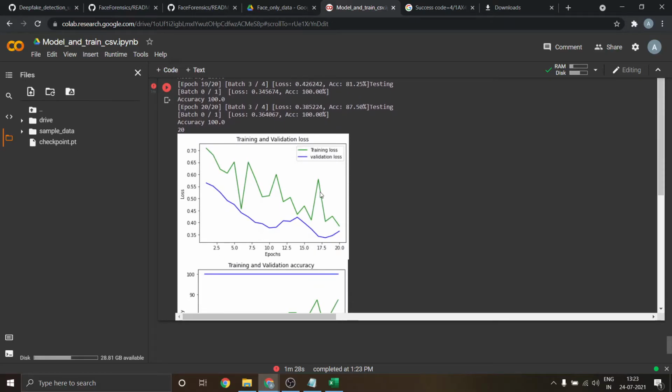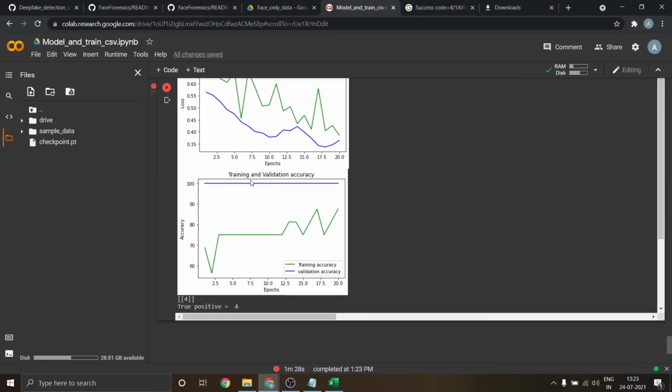So now you can see that the model has trained. These are the training and validation loss. You can see that they are continuously decreasing, and the training accuracy is increasing, but